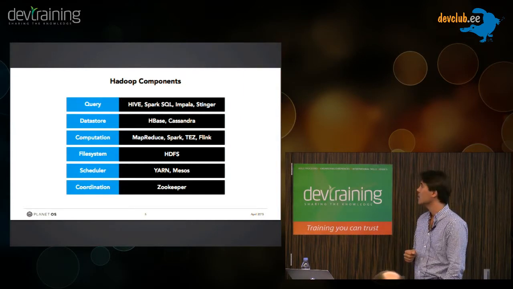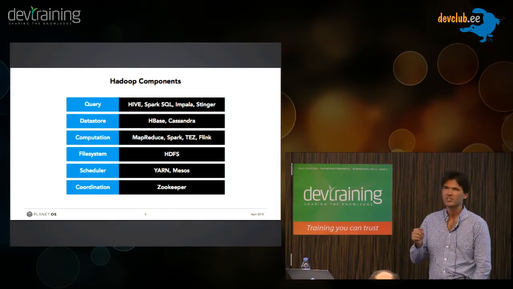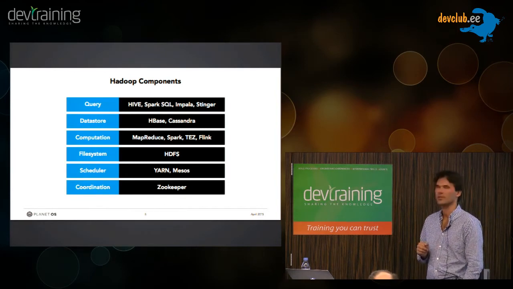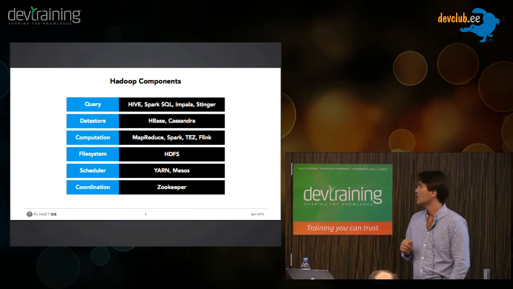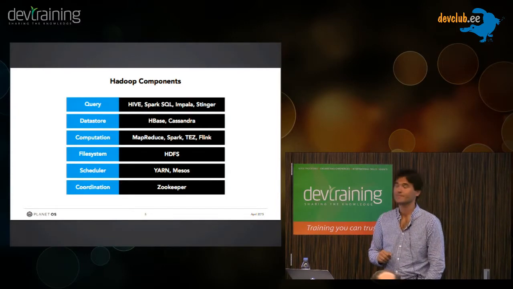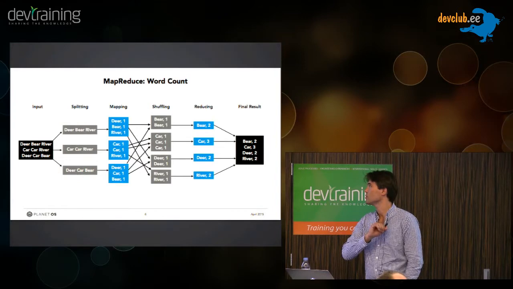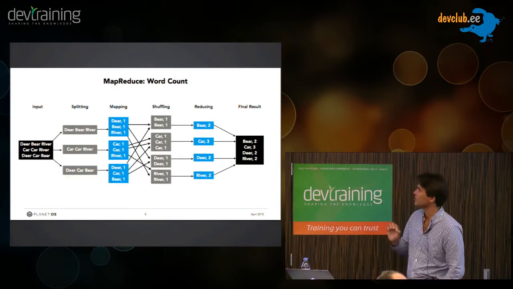Then Impala is another tool which is written in C++ and also modeled on one Google system. I think it's called F1. Yeah, and there is also Stringer and another, Drill. But, well, the list is long. So I will be mostly talking about Spark, but I will also show you in general terms how MapReduce